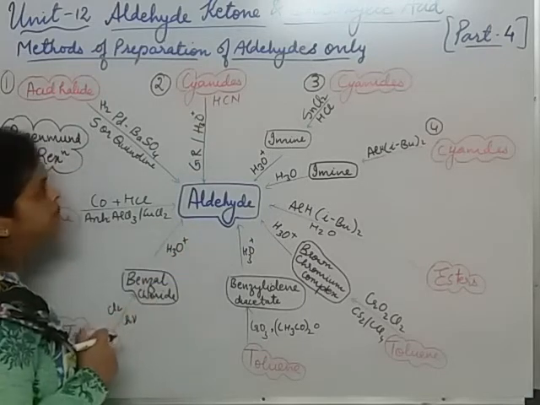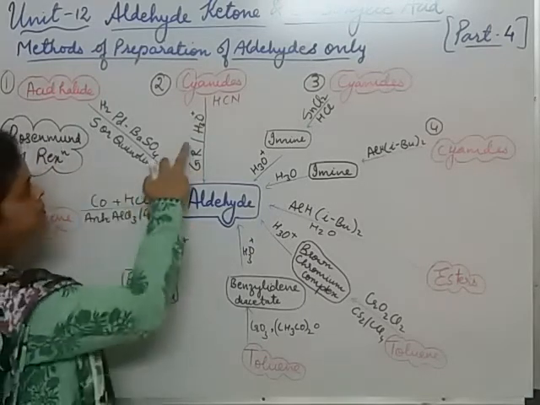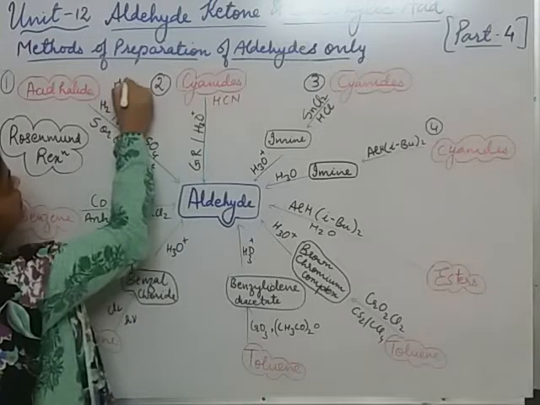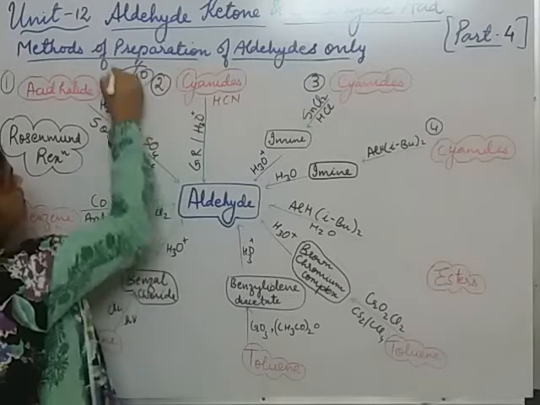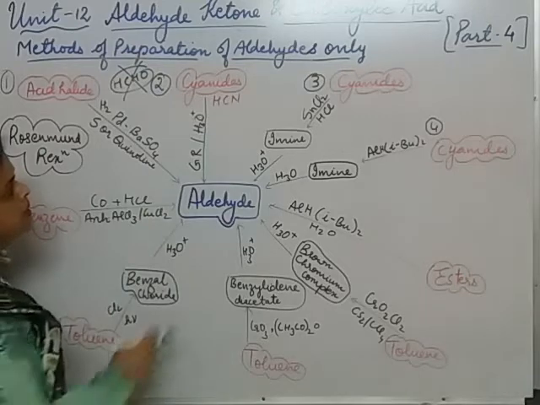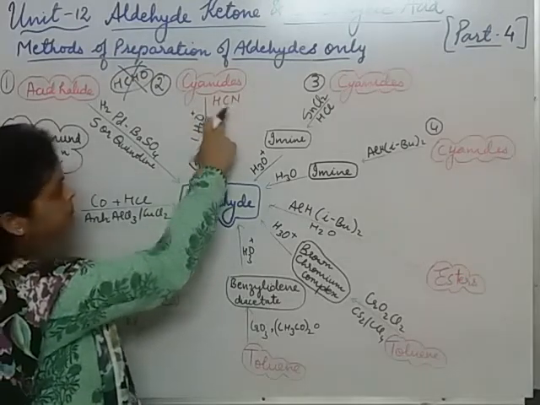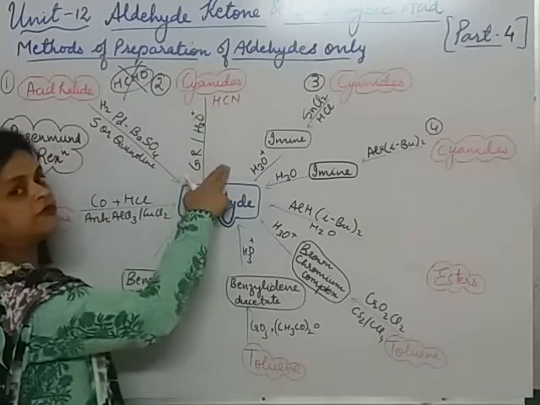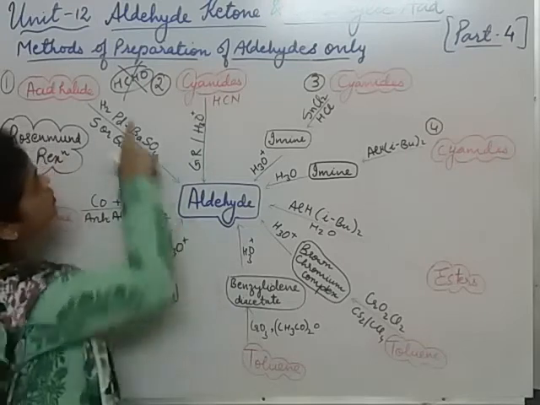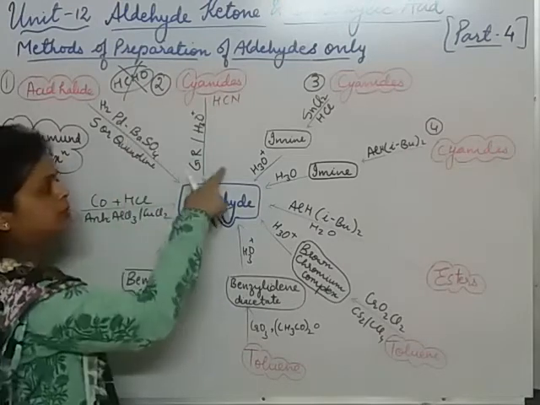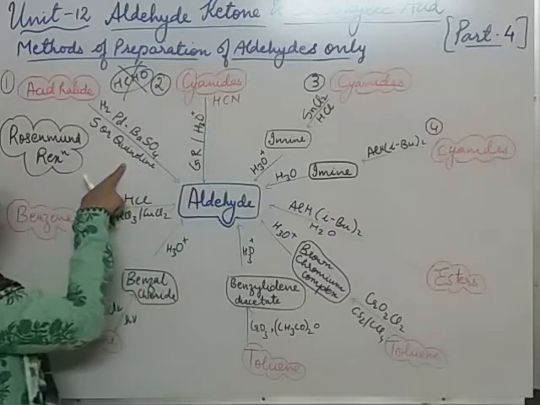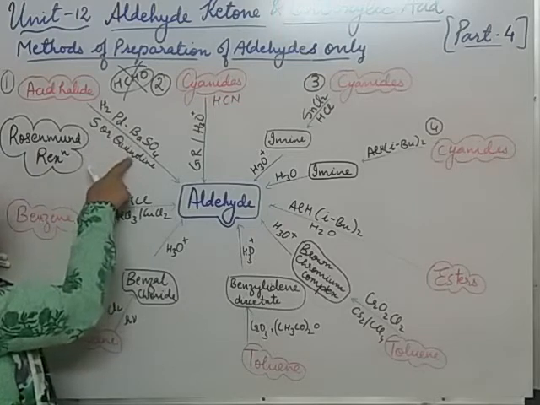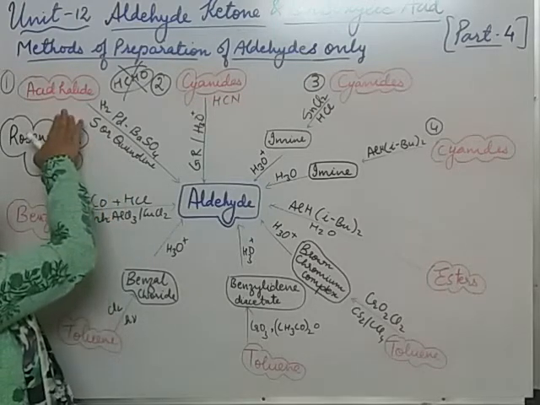We will take the reaction in detail. Now students, the specific point about these two reactions: you cannot prepare HCHO by both the methods, because here HCN has one carbon and the Grignard reagent will have a minimum of one carbon. So the aldehyde prepared will have a minimum of 2 carbons. So HCHO, the aldehyde of one carbon, cannot be prepared by using the Grignard reagent. As well as here, the acid halide also has a minimum of 1 carbon, and when we are reducing it, we will not get HCHO.